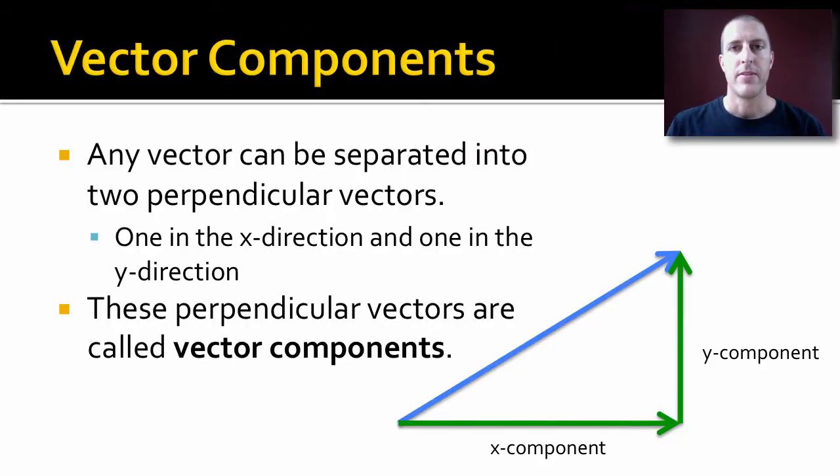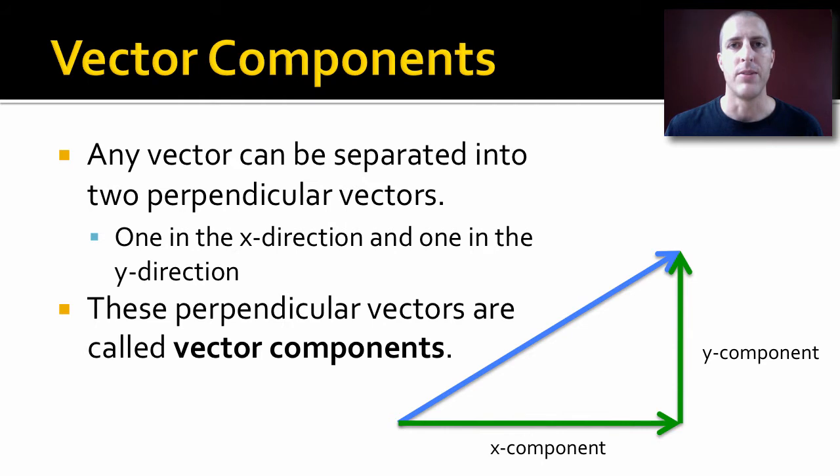So every vector, the blue vector in this picture, is made up of two separate vectors that are perpendicular to each other. We call those vector components. As you can see, the x component and the y component, when you add both of those together, they end up equaling our blue vector. Any vector can be separated into its x component and y component. It doesn't matter what direction it's pointing or how long it is. We can do this to any vector, and we'll find this very useful when we talk more about forces and